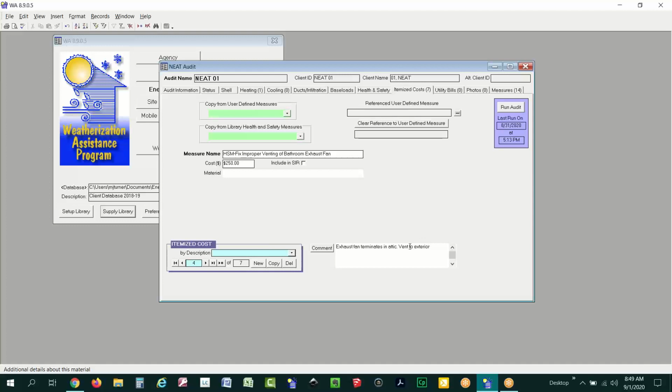Yep. And then maybe you'd want some specifics, which are going to more speak to the work order stuff, but it's interesting, the auditor often will take the time to write down what's going to actually go on the work order right here. They'll kind of be putting down some of this justification. So if this said vent to the exterior and terminate on west gable or something like that,